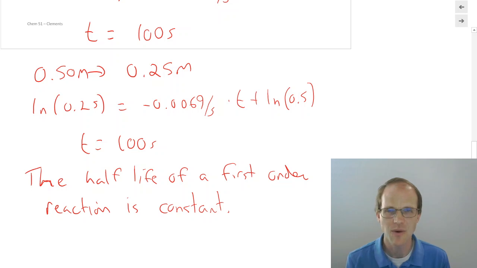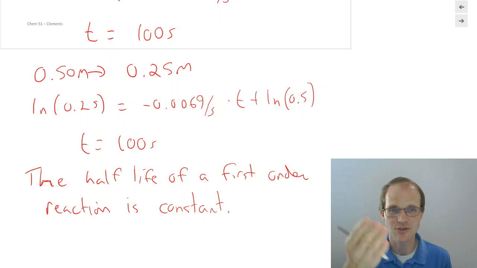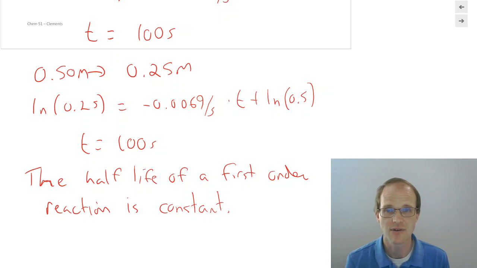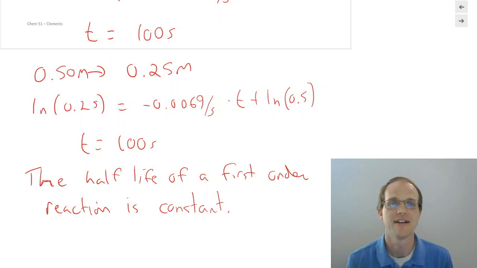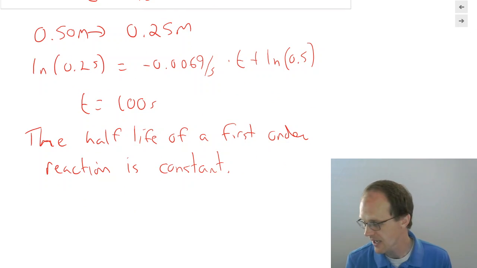Why is that? Why isn't it that if we use 0.5 in the first 100 seconds, we're going to use 0.5 in the second 100 seconds? Well, if you think about the chocolate pouring, right? As you have less and less of it, your rate is decreasing. The rate of this reaction is decreasing over time because it's dependent on how much we have. So the less we have, the slower this reaction goes. And it turns out just mathematically, it works out perfectly that it always takes the exact same amount of time to get half. And so we call that the half-life, and you can calculate that, right?